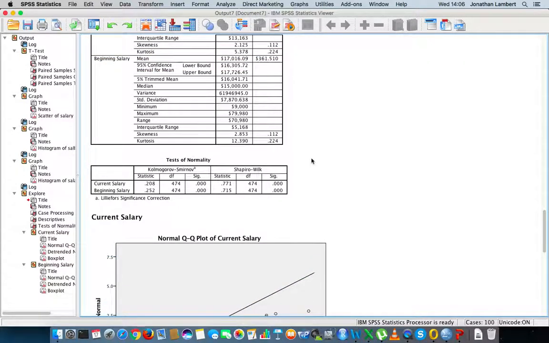But probably what's more important here is this box, which is tests of normality. These are inferential tests of normality, and there are 2 tests here: the Kolmogorov-Smirnov test and the Shapiro-Wilk test. We're just going to rely on the Shapiro-Wilk test. For current salary, we have a test statistic of 0.771, degrees of freedom of 474, and a significance of 0.000, which is less than 0.05. For beginning salary, we have a test statistic of 0.715, degrees of freedom 474, and also a significance less than